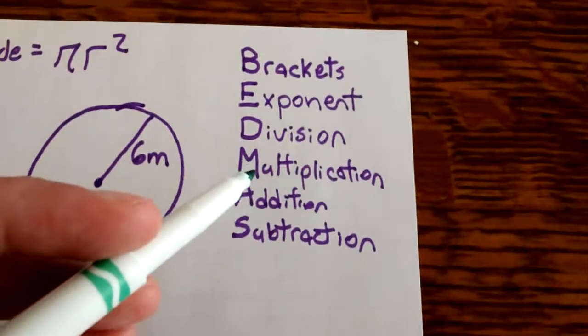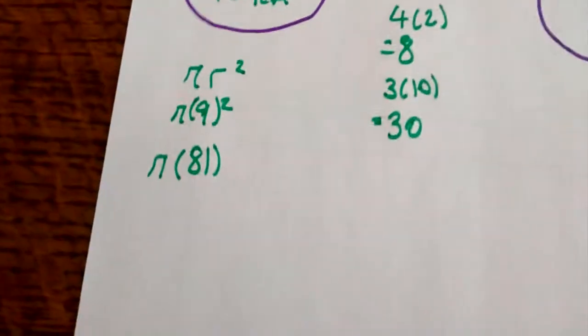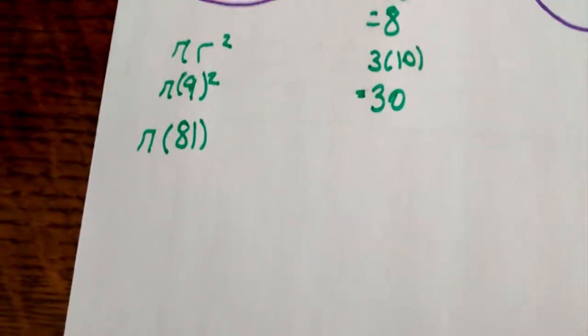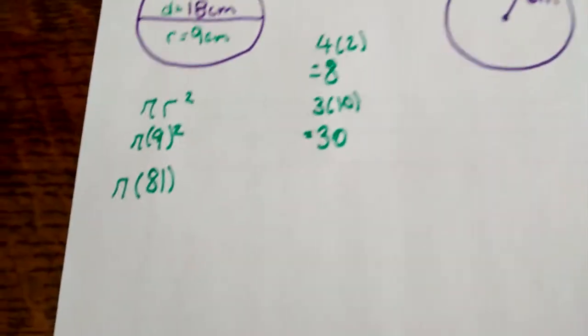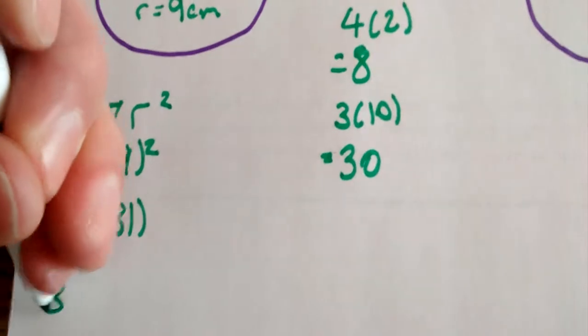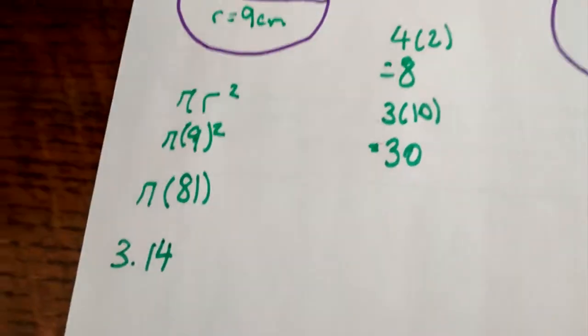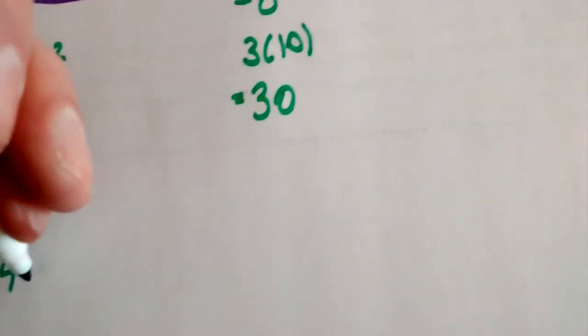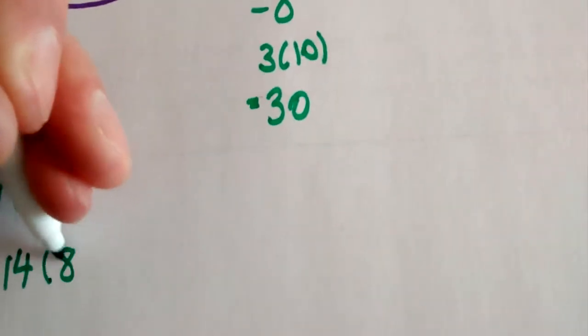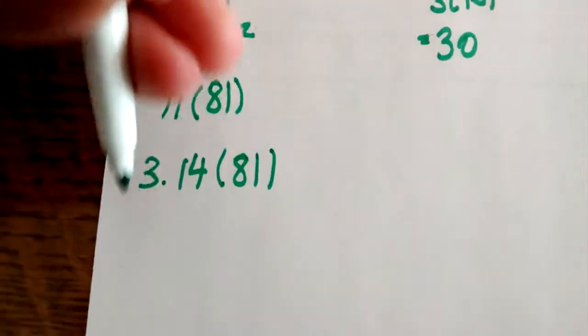I'm going to multiply. Now, some of you have the pi button on your calculator, which is great, so you'll be able to find the exact value. Other people don't have it, and that's fine. I'm going to show you just using 3.14. Pi is a very, very long number. But most people just use 3.14 as a starter. So 3.14 times 81. And that